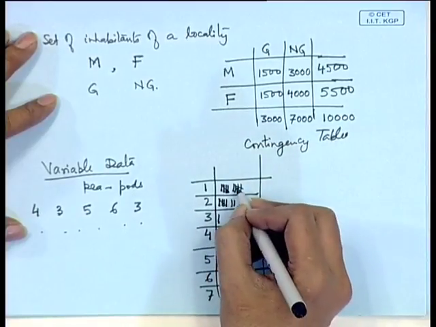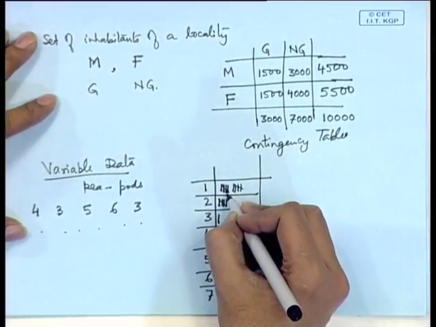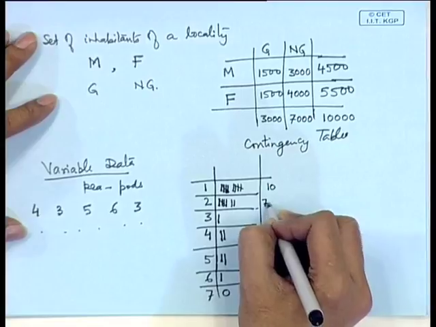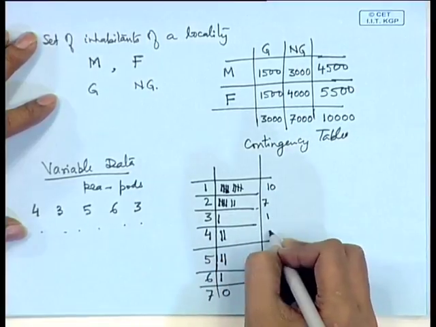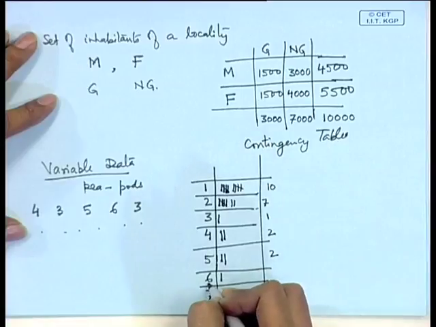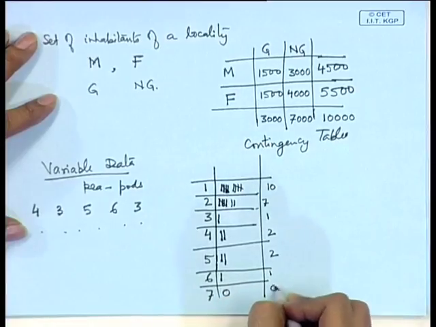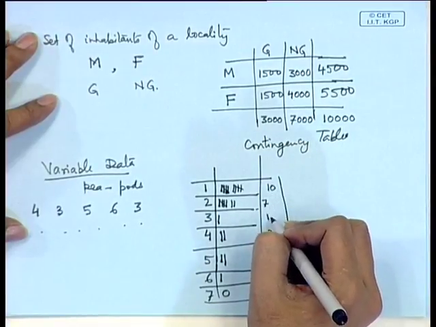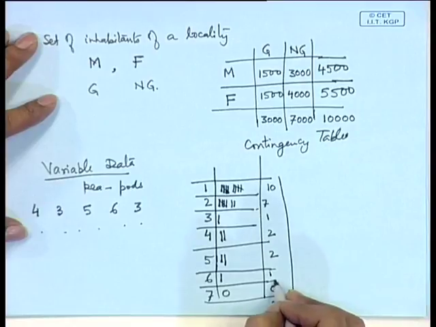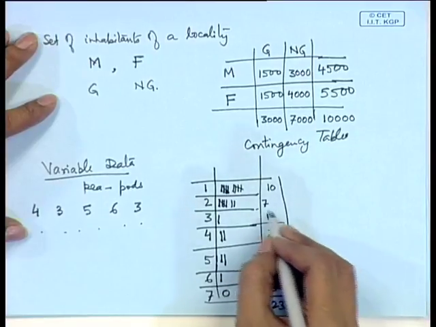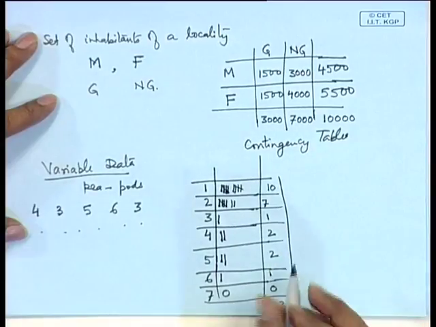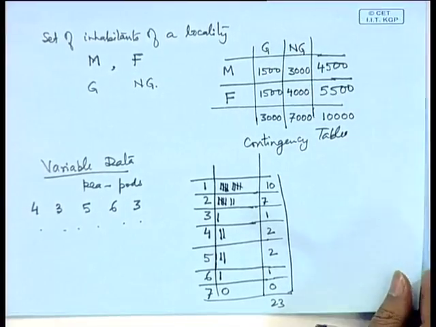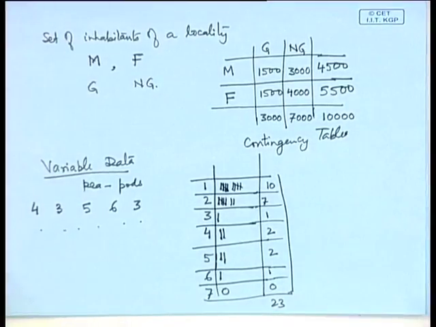So, suppose I have observed only this much, we can consider the frequency distribution as corresponding to 1 it is 10, corresponding to 2 it is 7, corresponding to 3 it is 1, corresponding to 4 it is 2, corresponding to 5 it is 2, corresponding to 6 it is 1, corresponding to 7 it is 0. So, if I have taken only these many pea pods, this is 23; out of 23 pea pods the frequency distribution of the number of peas is given by this. Let me take a rather detailed example where 198 pea pods were recorded corresponding to their number of peas per pod,